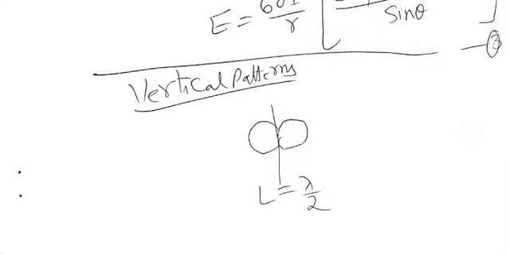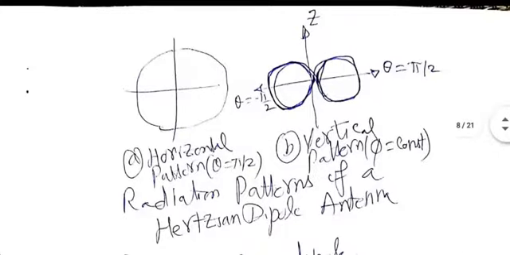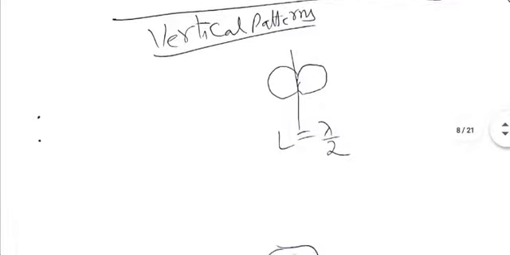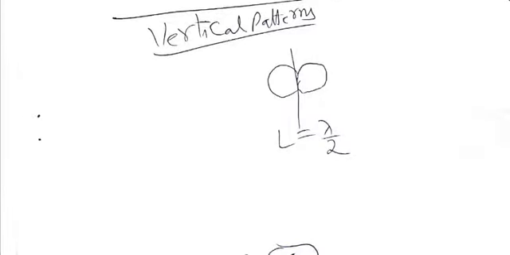And for L equal to lambda by 2, that is half wave dipole, you still see a figure of 8 with theta. Only thing is, it is not as wide as that for Hertzian dipole, but it is still figure of 8. You can check it by writing a program and doing the calculations. L equal to lambda, full wave dipole, also see the figure of 8, but the shape of 8 starts getting narrower.